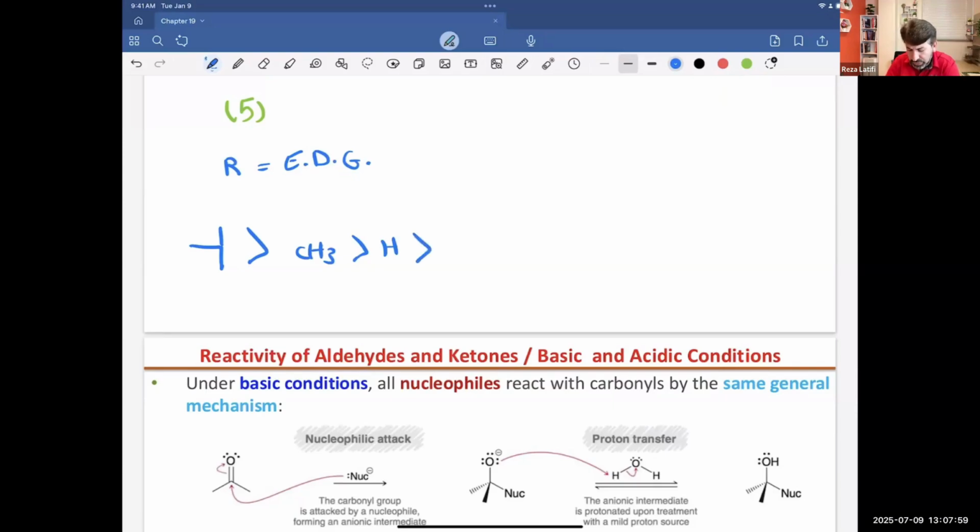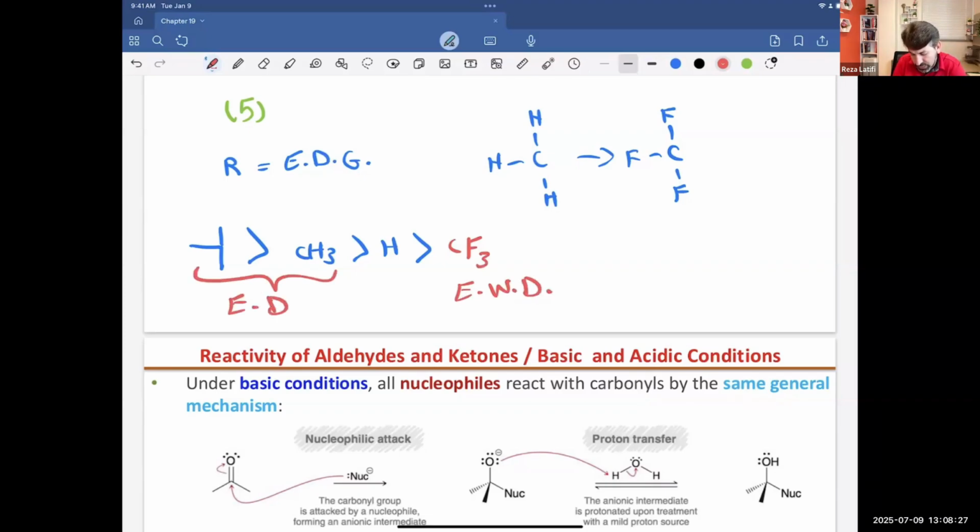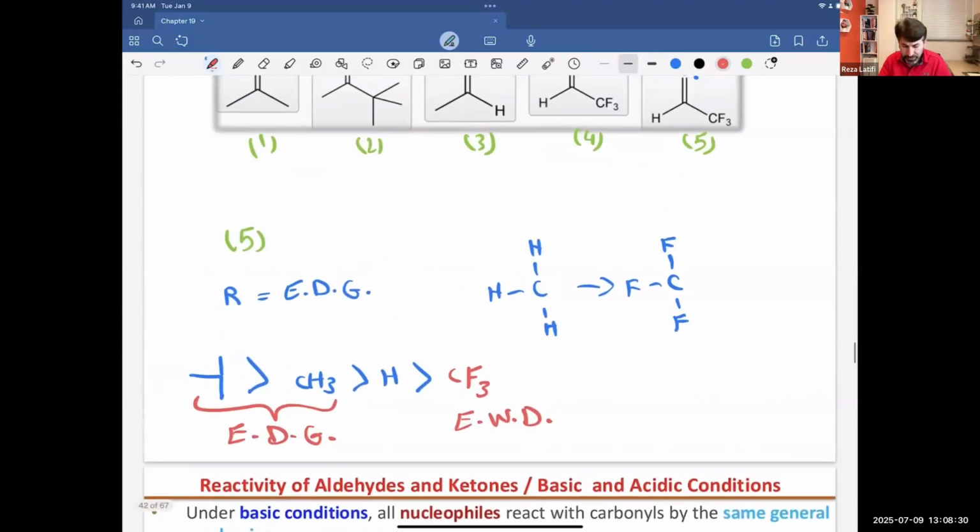This one more than hydrogen. And if you take the hydrogens attached to the methyl and replace them by fluorine atoms, an electron withdrawing group, in that case the carbon will not donate electron density to the carbonyl, it will actually pull electron density from it. So this one will be an electron withdrawing group, while these two are electron donating groups. Okay, so again, let's review